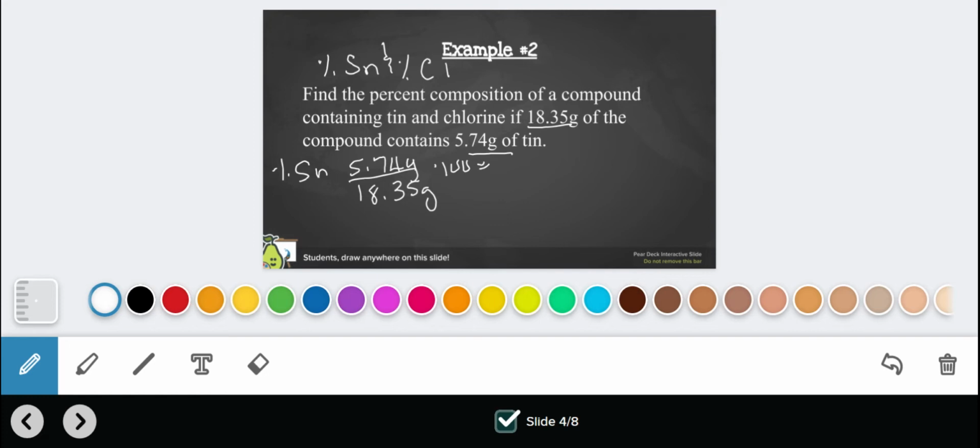And we get 31.28% tin. Now to find the chlorine, we could calculate and figure out what is the mass of the chlorine, or we could just subtract this from 100 because the total percentages must add to 100. So to get the percent of chlorine, we could take 100 minus 31.28%, and that would give us